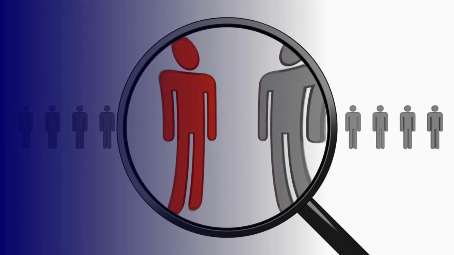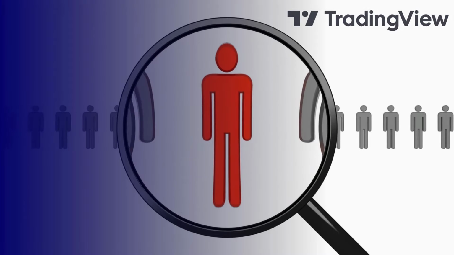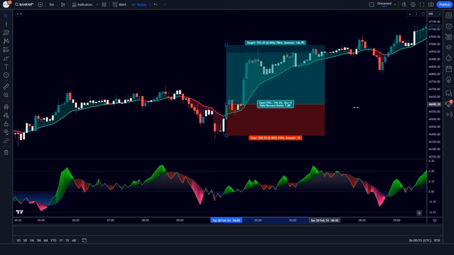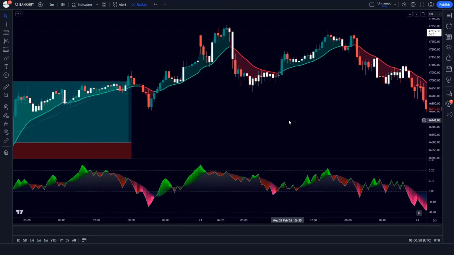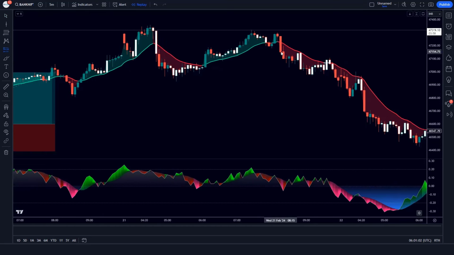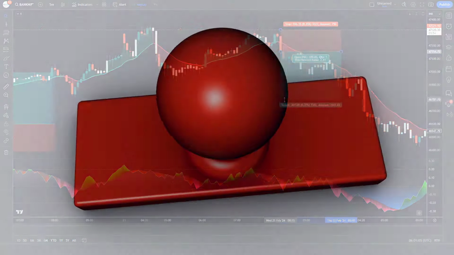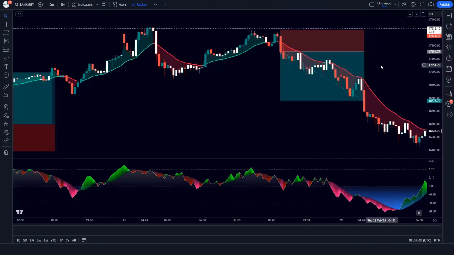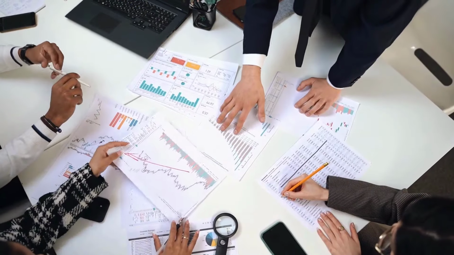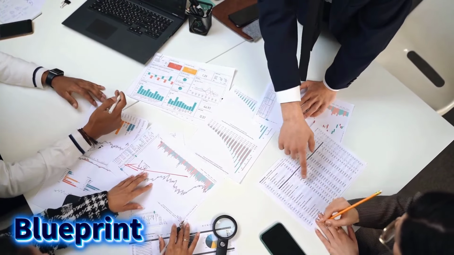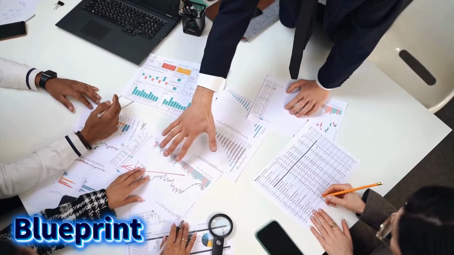Hey guys, discovering this indicator on Tradingview was a complete game changer. Its remarkable accuracy transforms nearly every signal into a winning trade when used correctly. The best part, it's completely free and easy to master. In this video, I will give you an exact blueprint on how to turn this indicator into a profitable trading